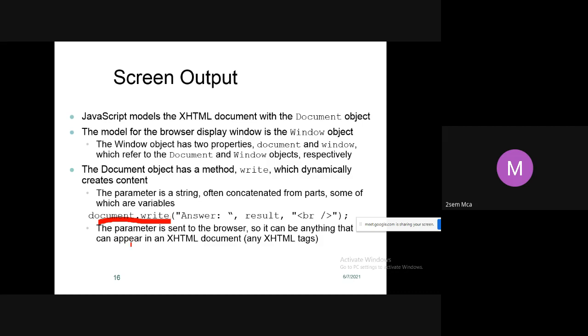Whatever you write within the brackets and double quotes will be displayed on the output screen. The document object has write, which dynamically creates the content.